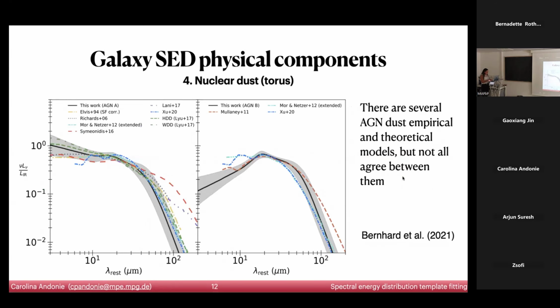And as always, there are very many AGN models, and we have empirical models, we have theoretical models, and their shape is not really always the same. So depending on which AGN model we assume, we are also gonna get different results. And there are some models like this one, which is the red, which assumes that the AGN is able to heat up very cold gas, which is very far away in the galaxy. So if you fit your AGN SED with, I don't know, the black model, and with the red model, you are going to get completely different things.